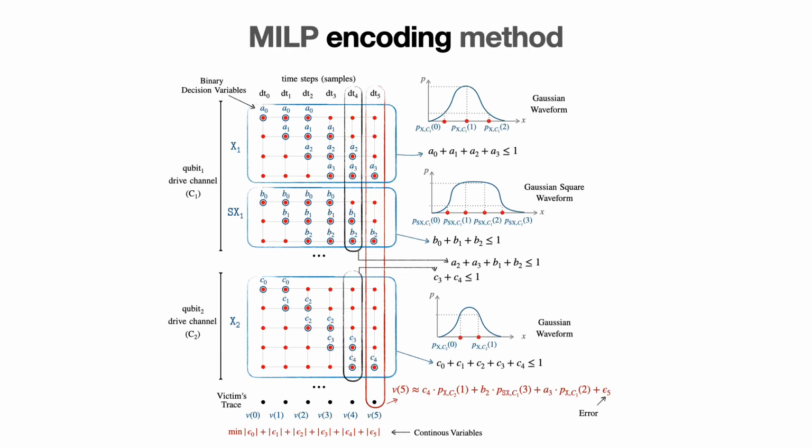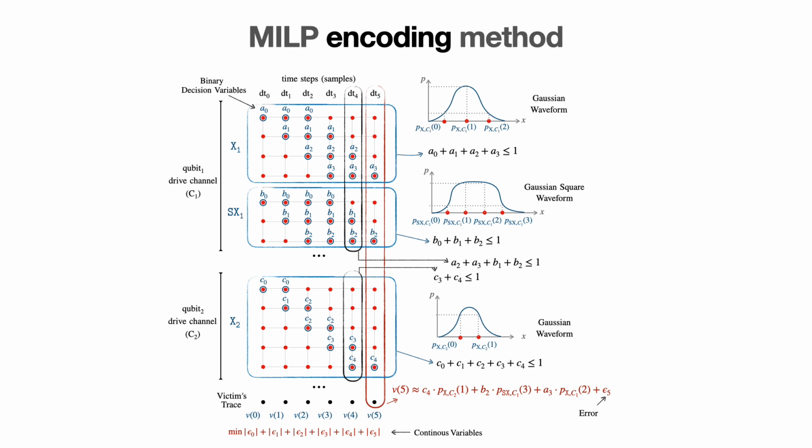Here I will try to explain an important part of the MILP encoding over an example victim trace. The duration of the trace is 5 dt from dt0 to dt5. The victim runs their circuit on a hypothetical 2-qubit quantum device, D, having only two basis gates, X and SX. We simplify also the notion of label here, since X and SX gates have only one label and waveform. X gate on C1, SX gate on C1, and X gate on C2 are named as X1, SX1, and X2